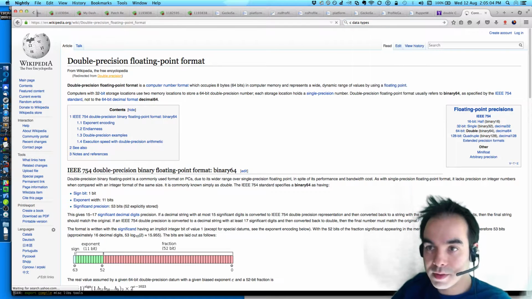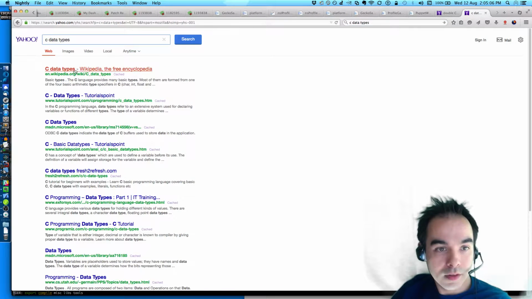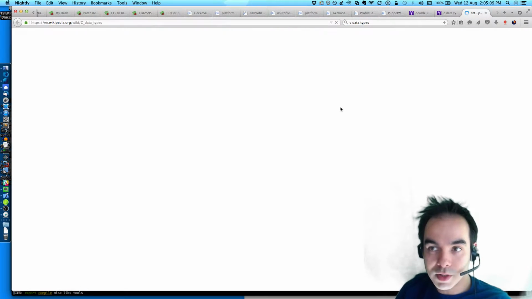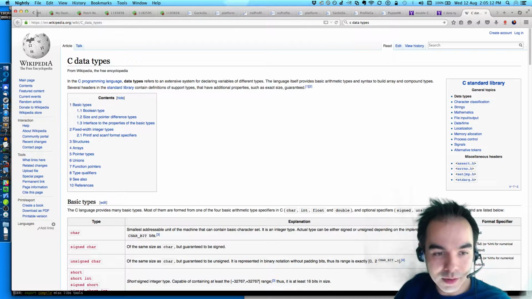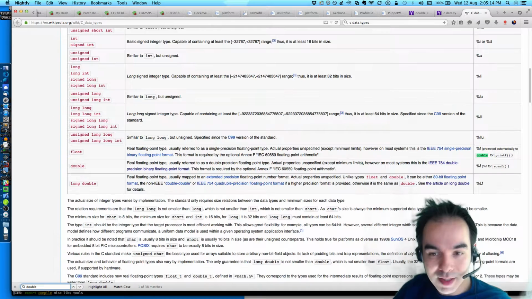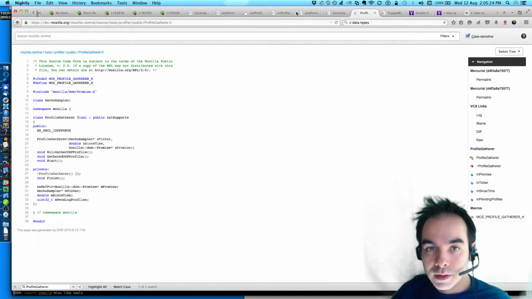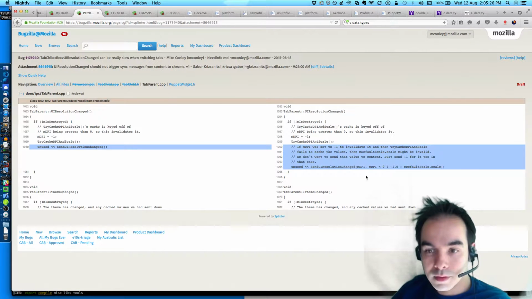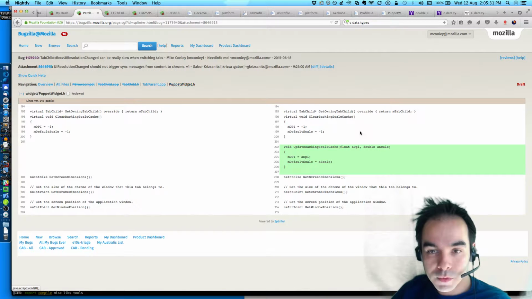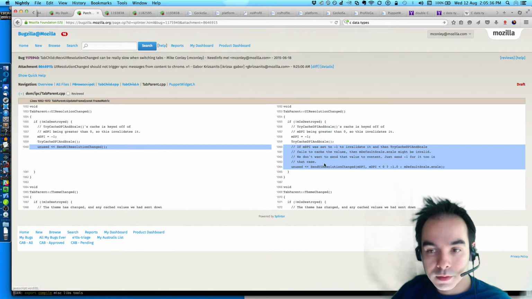C data types. Let me just double check. This is basic stuff that I feel like I should definitely have known already, but I don't, and that's what happens. Sometimes you forget things. So it is a floating point value. Okay. So it feels weird that we weren't setting it to minus 1.0. That seems reasonable.